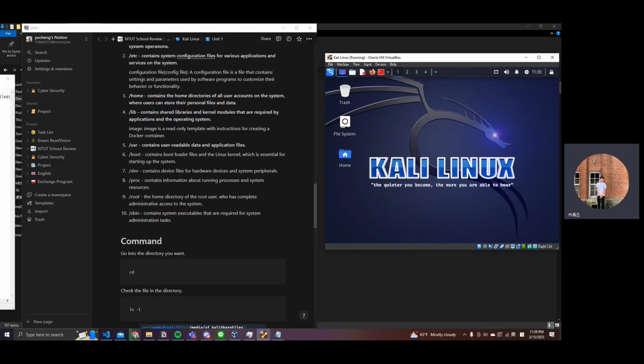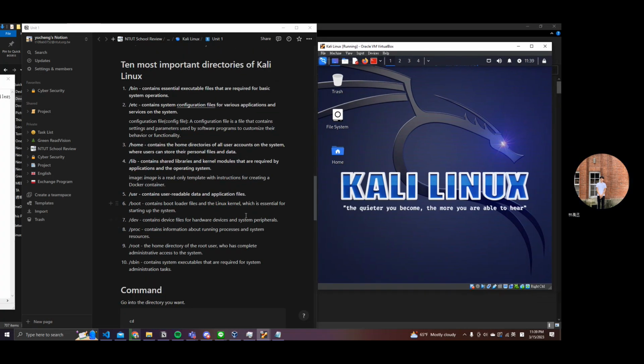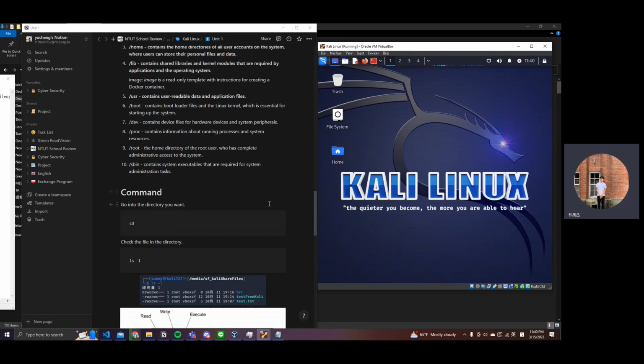If you are interested, you can also take a look, because this is important. Sometimes we need to find our files or directory and you're not sure where it is. And if you don't know what this directory stands for, you cannot find the files or the directory you want. So okay, let's take a look